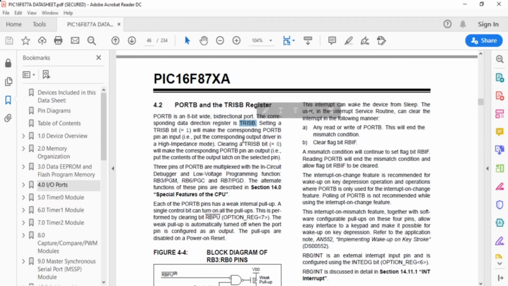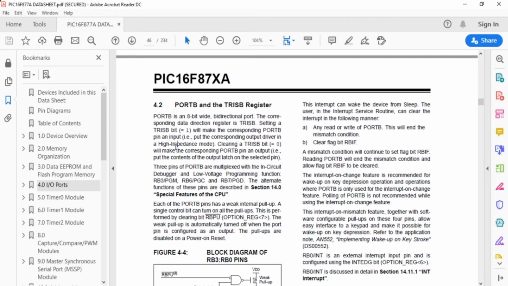This TRIS command, how it works: it is a data direction register which decides the direction of data flow. If data is coming inside the microcontroller, it will act as an input device. If data is coming out of the microcontroller, it will act as an output device. Setting a TRISB bit equal to 1 will make the corresponding port B pin an input.